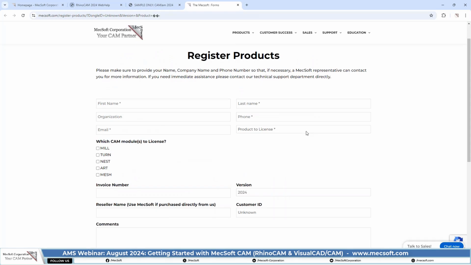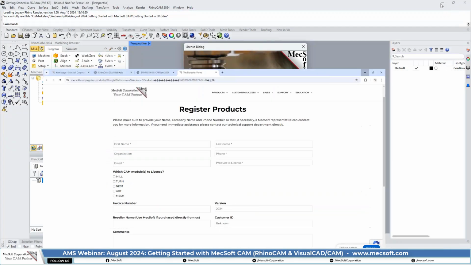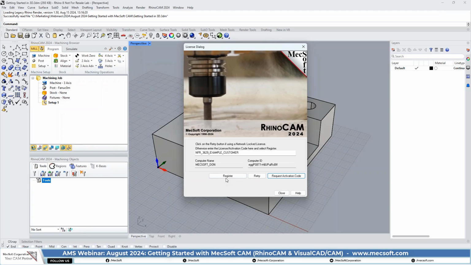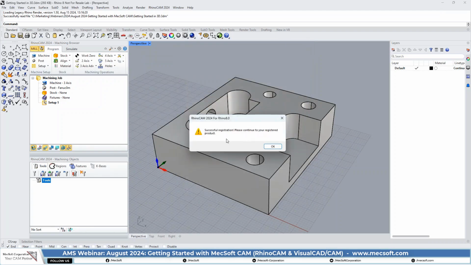So any emails that you receive from us, do make sure that you keep them in a safe place so that you can refer back to them. Okay. So we're going to go ahead and register it. So it's a successful registration. We'll pick OK. So now we have access to